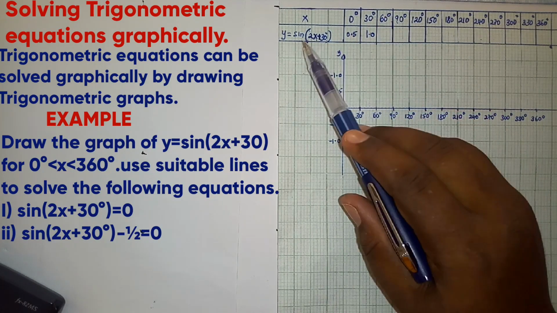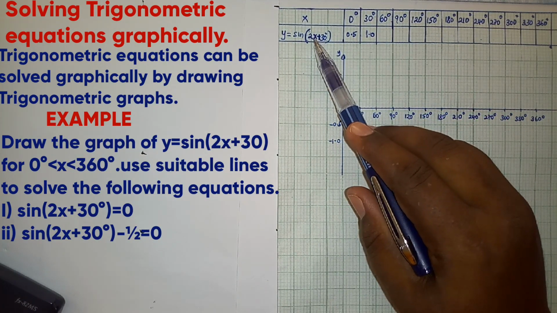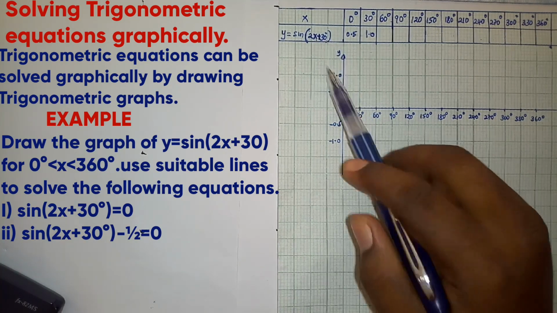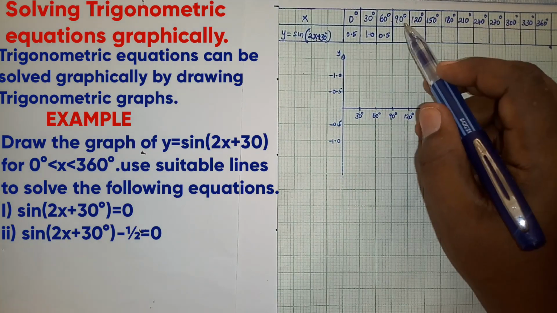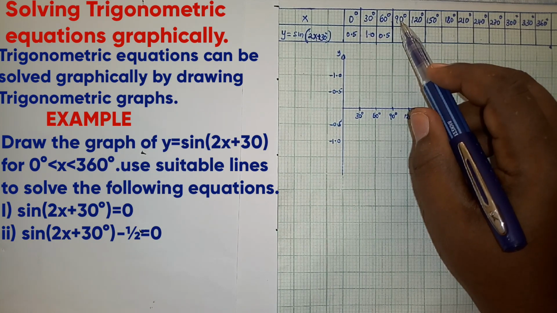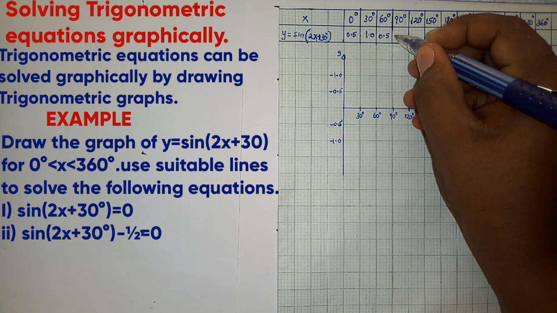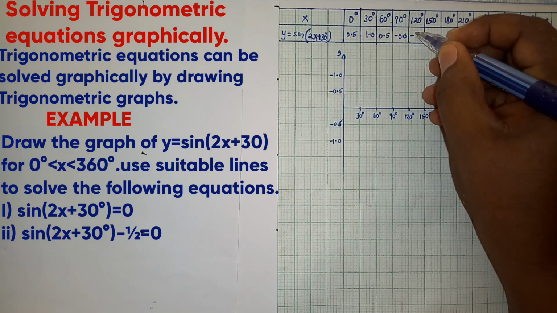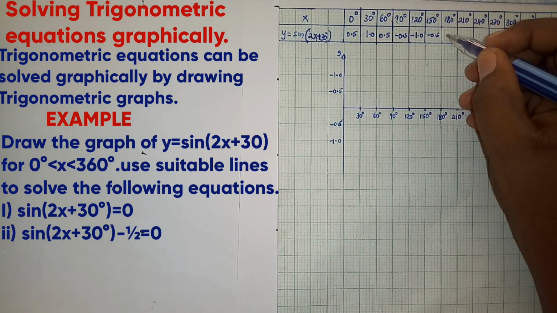Then we have 60. To get the value of y when x is 60, we say 2 times 60, that is 120. 120 plus 30 will be 150. Sine of 150 will be 0.5. 2 times 90, that will be 180. 180 plus 30 will be 210. Sine of 210 will be equal to negative 0.5. Then you're going to have negative 1.0, negative 0.5,